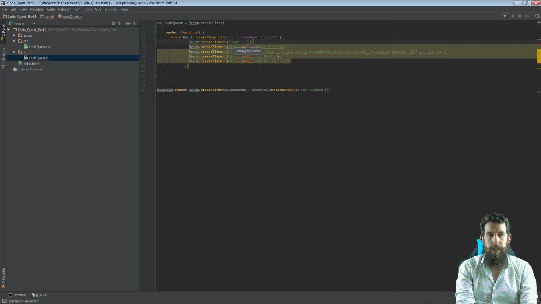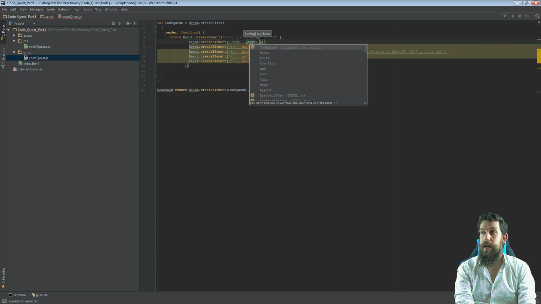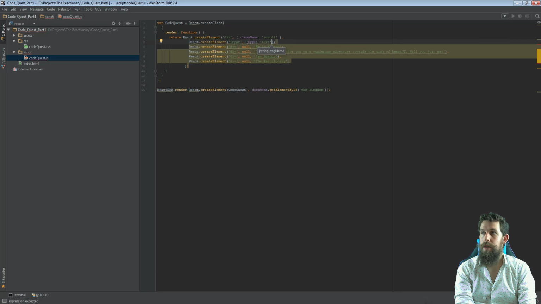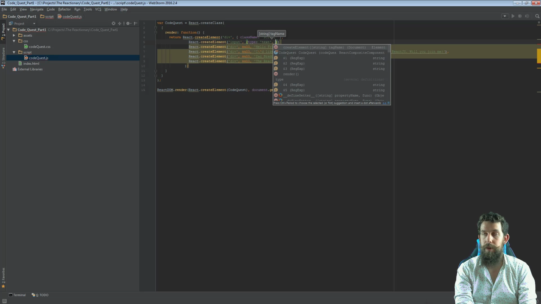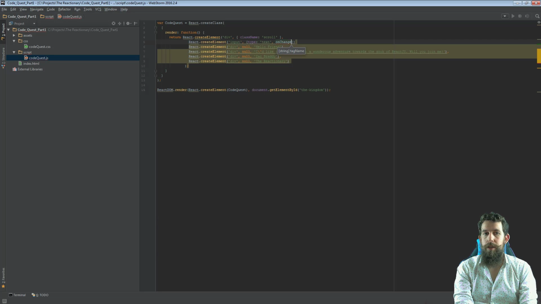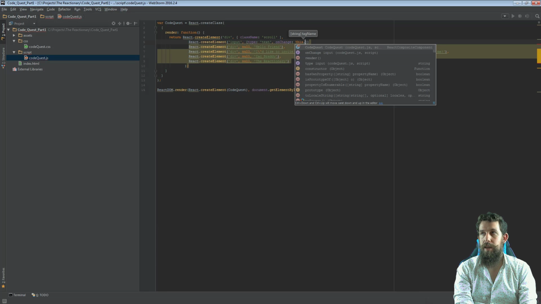Now the input is going to take some props. It's going to need a type. That will be text. We're going to make a text box here. We're going to have it have a change handler. And React provides us with a useful property that we can use within props called onChange, and that hooks up a change handler for us automatically, which is quite nice. They've got a number of different baked in things that you can use with the basic HTML tags within React. So the onChange is going to call the